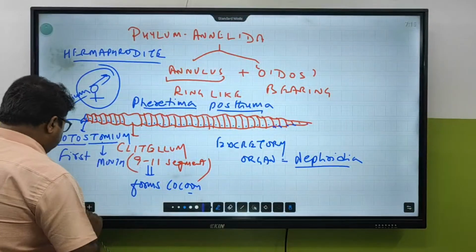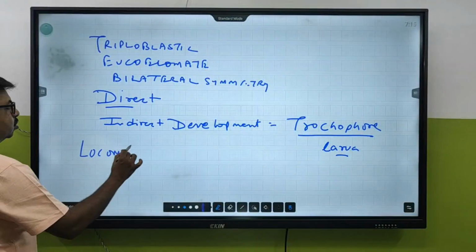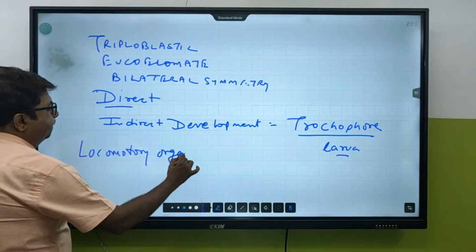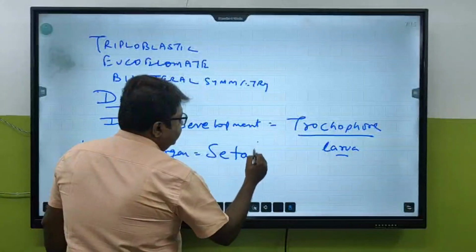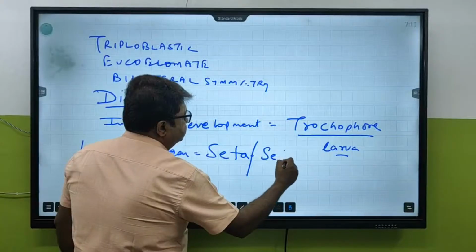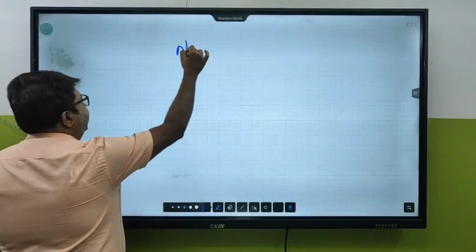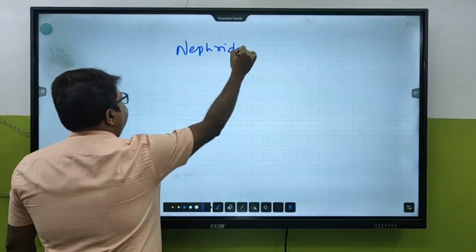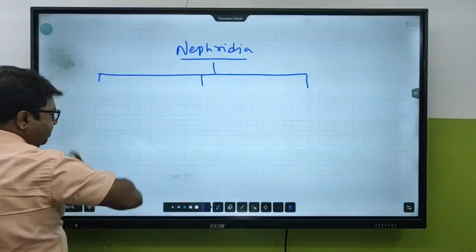Okay, next. What is the locomotory organ? The locomotory organ is setae. Seta is singular, setae plural. Okay, now see, nephridia is called the excretory organ, and the location of this nephridia is present in